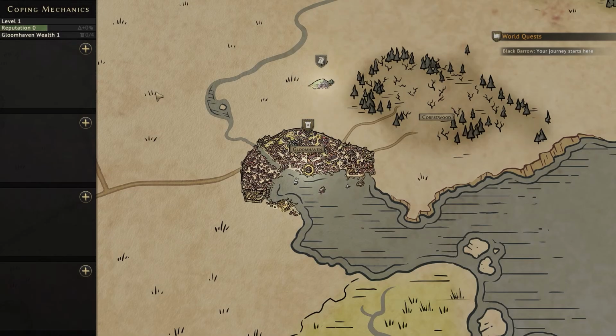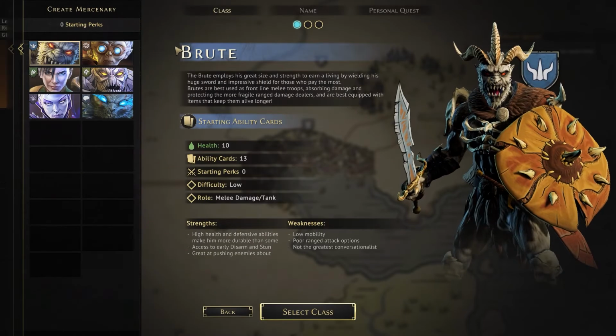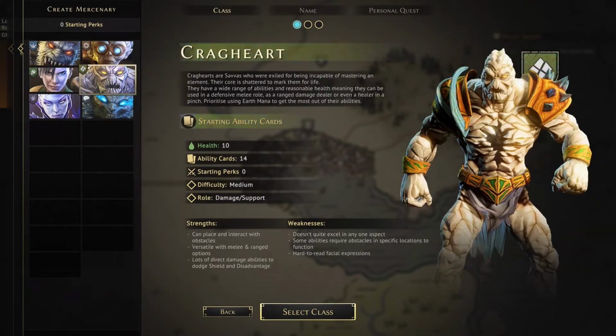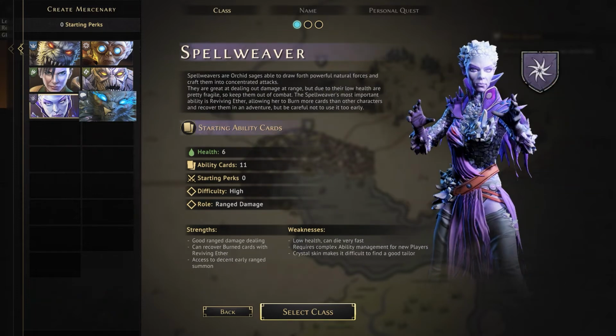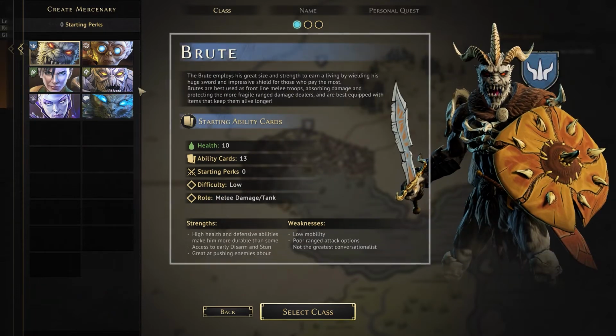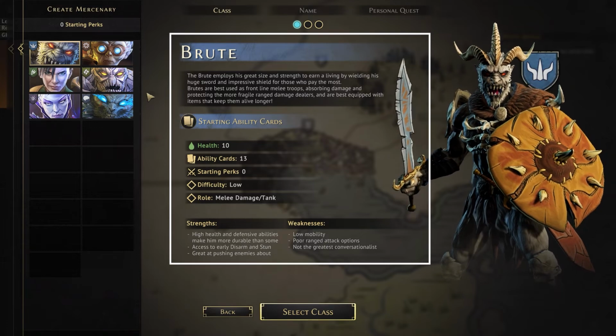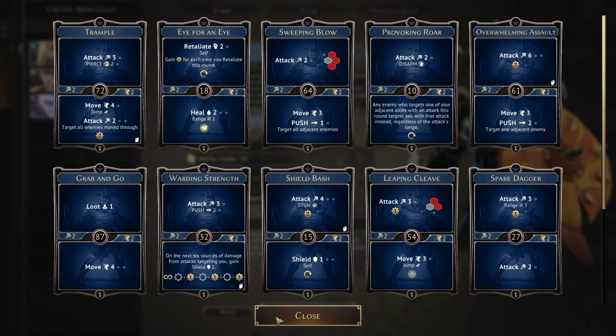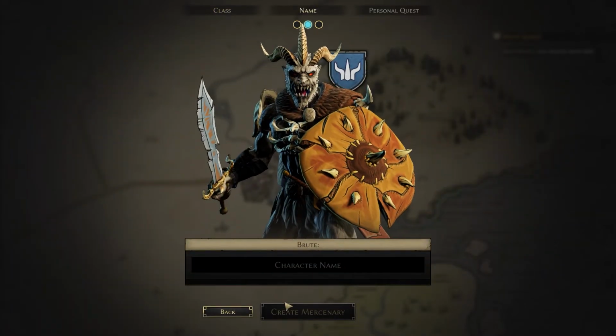As mentioned earlier, Gloomhaven is a campaign game. At the start, you'll need to create 2 to 4 mercenaries to play as through scenarios. When creating a mercenary, first you'll need to choose which class you'd like to play. The campaign starts with 6 classes, with more getting unlocked throughout the campaign. When clicking on each option, here you'll find a summary of each class, and by clicking here, you can read through a mercenary's starting ability cards. Once you've chosen a class and have given them a name,